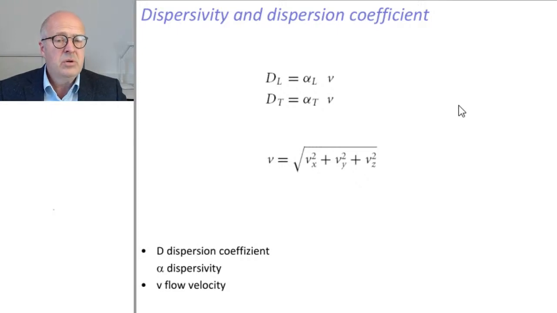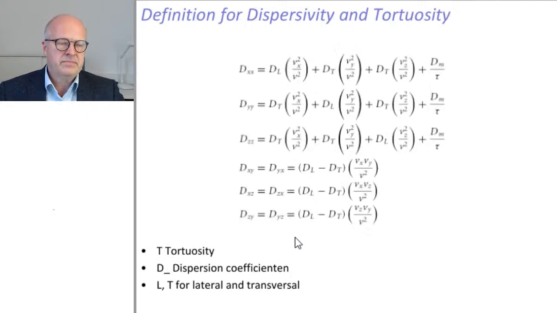We already know the definition of the dispersion coefficient, D, which is defined as alpha times velocity, and the velocity is calculated with Pythagoras in three dimensions as the square root of v_x squared plus v_y squared plus v_z squared. Okay. Now,